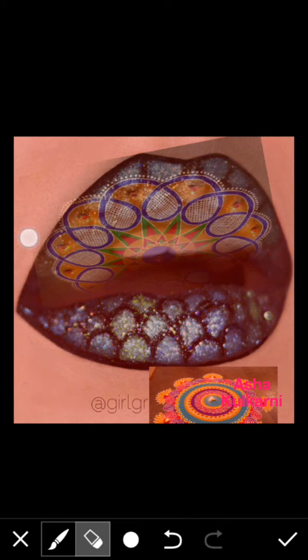Whatever part is there outside the upper lip, I'm just putting this design in the upper lip. So I'm moving my finger outside the upper lip, and whatever is there below the upper lip, even on the downside here, you can see the teeth also have to be seen. So I'm removing that design from the teeth also. You can see the teeth now clearly. Okay, now this is what I have done.